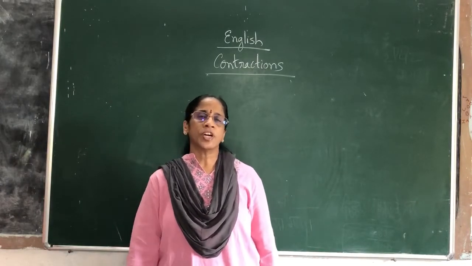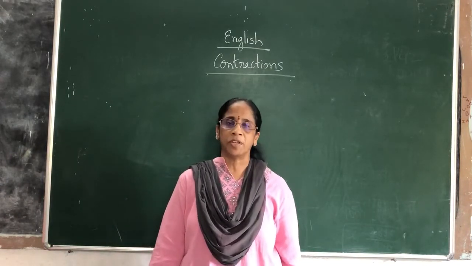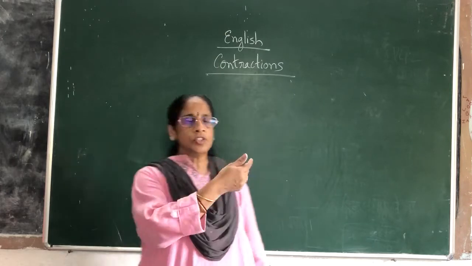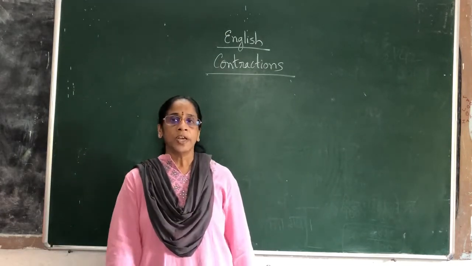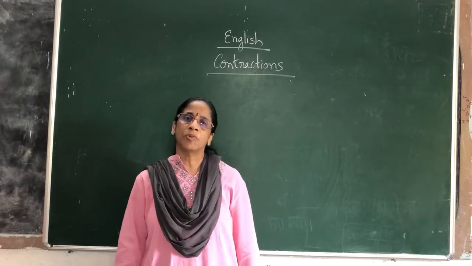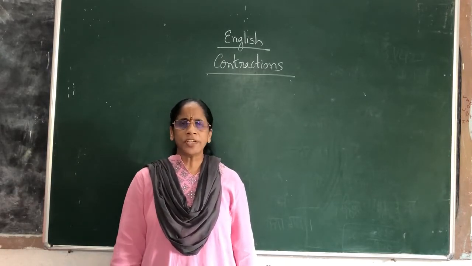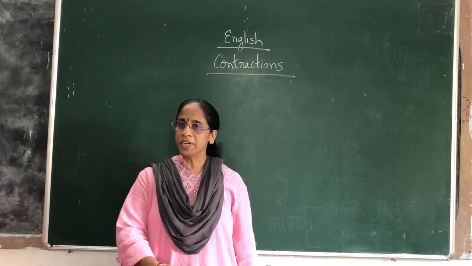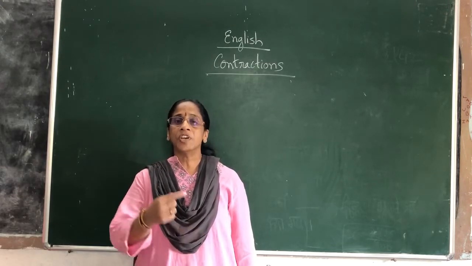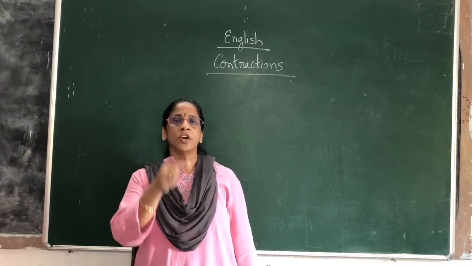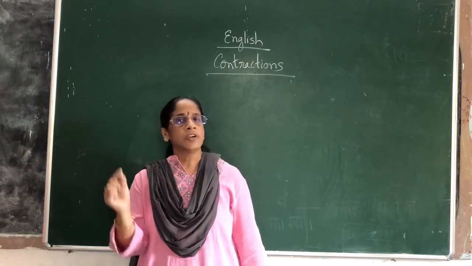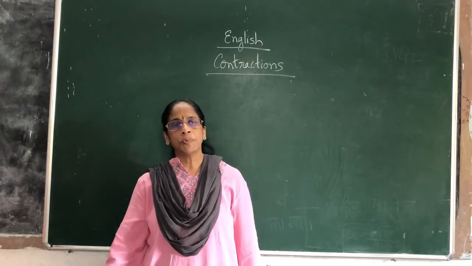Today we are going to continue with one more topic about vocabulary. So that is already written on the board. See, it is about contractions we are learning. Contraction is nothing but a shortened form of a word or group of words. So what do you mean by shortened form here? Shortened form indicates that we are omitting or dropping one or two letters, either a letter or a group of letters, to form a short form of a word or short form of group of words.